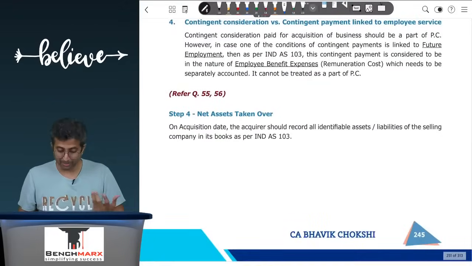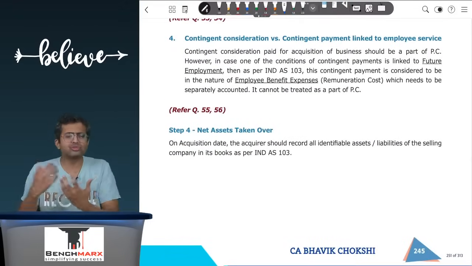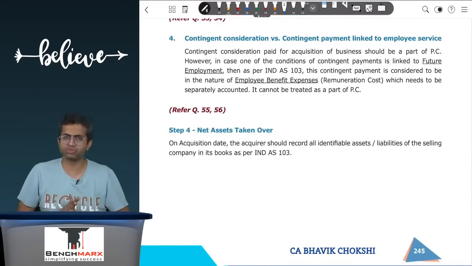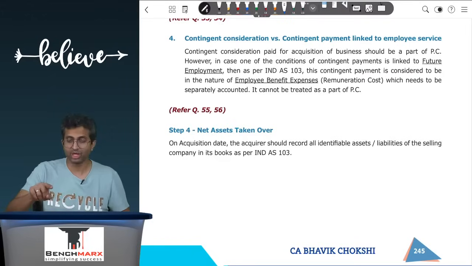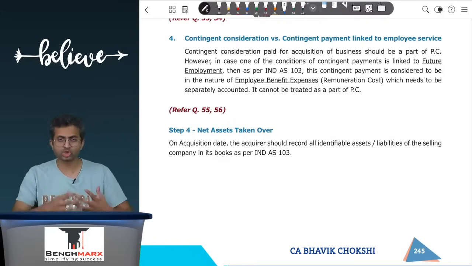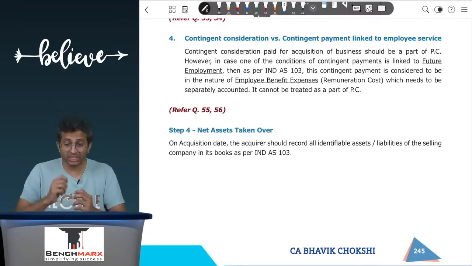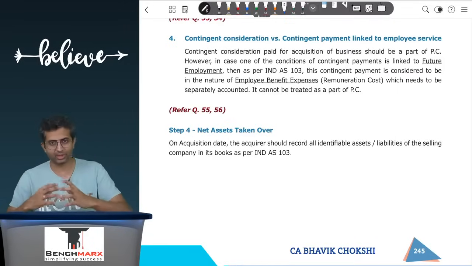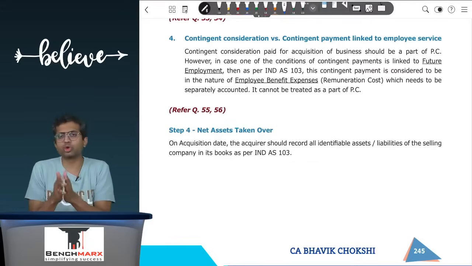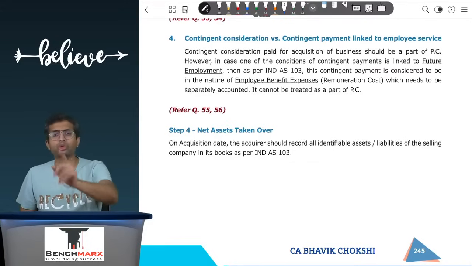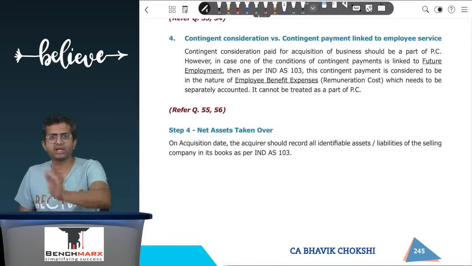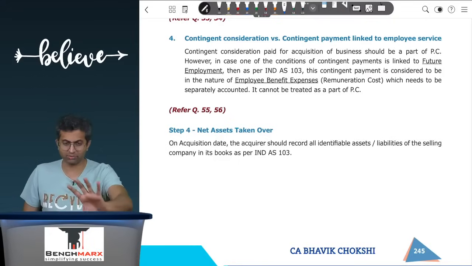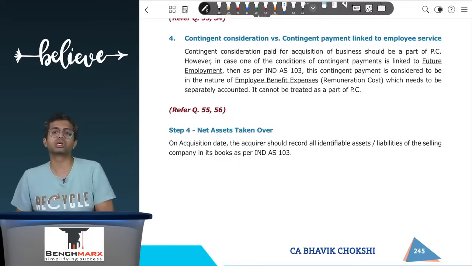Sometimes there are also employees who are also owners, so we have to figure out whether the payment is made to them as employees. I may be the owner as well as the employee of a company. So let us say the acquirer agrees to acquire my business, and says, I'm going to pay you 100 rupees flat and another 20 rupees if, let's say, the profits cross 10 crores after 2 years. Well, that's one condition, and the second is you continue in service for 2 more years.